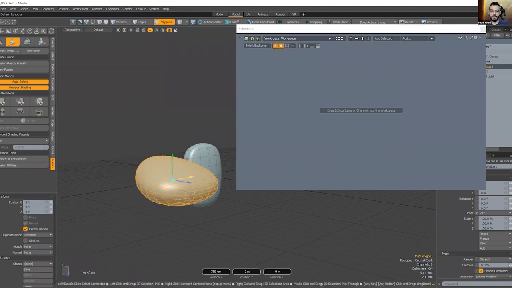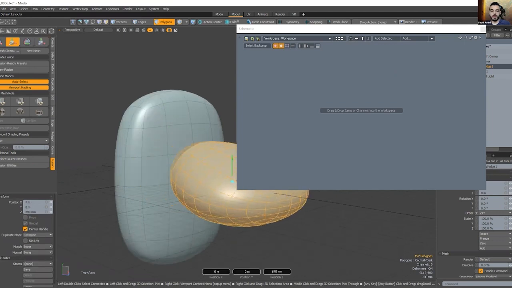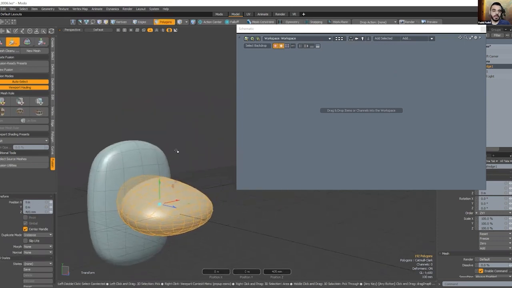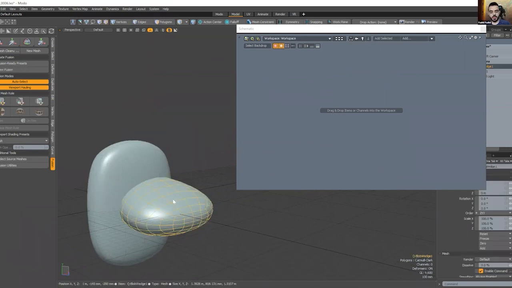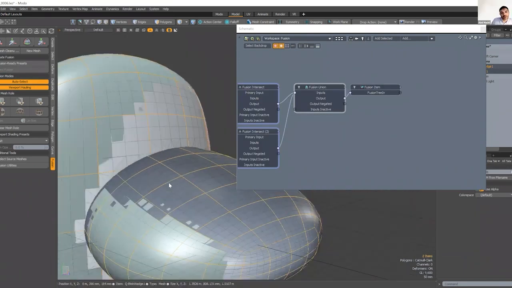And then I'm just going to make it smaller. And let's just say we want to move this object against this. So it's going to be a Boolean operation, so schematic design. What I'm going to do is go to 5, select both of them, and go ahead and do a new fusion. And now both of these objects are actually